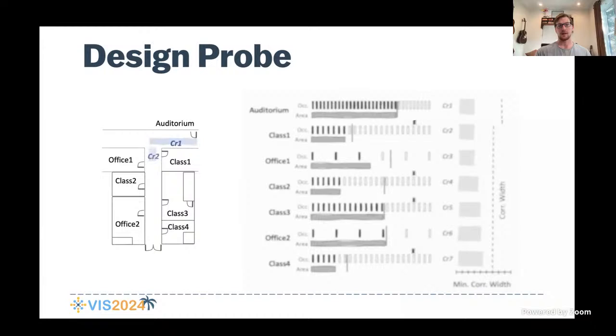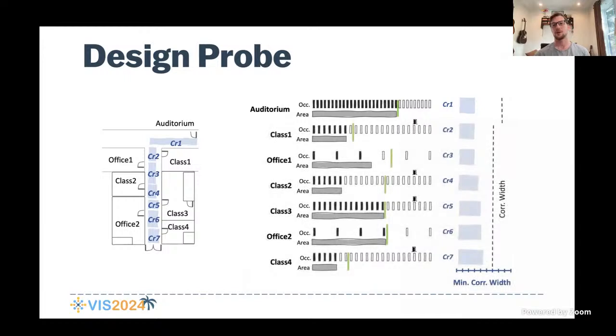So as people file out of each room, we represent the progressively increasing minimum threshold for the corridor width using these blue ghost overlays. Each room type has a different occupancy estimate based on its size, where we represent the size of the room, the area, as a bar chart, and then the estimated occupants as a strip chart that's aligned, where each strip represents a person. And then on the far right, you see the blue ghost overlay, which represents the minimum corridor width that files into that room. And this is repeated for each room as approaching the path of exit towards the actual exit.